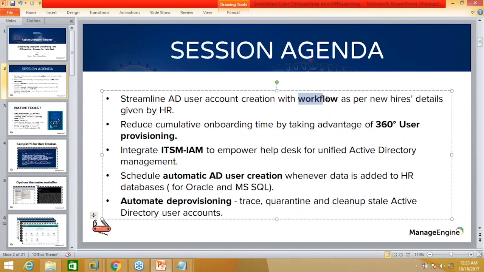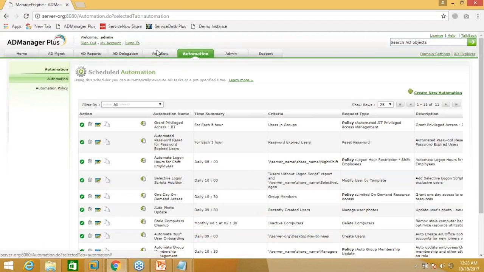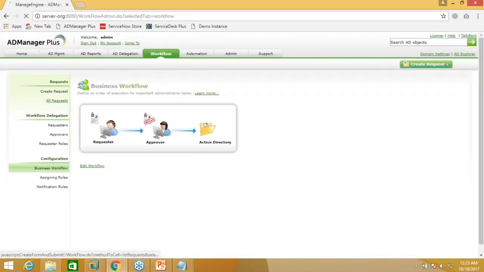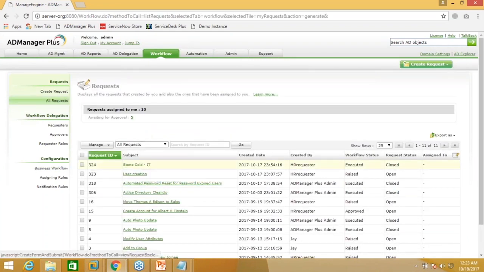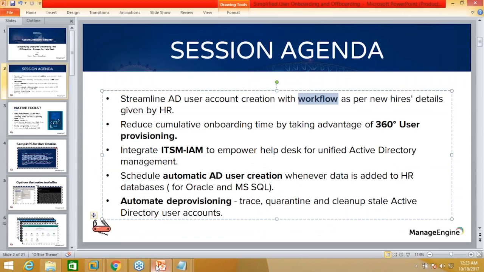We started off with the workflow module, where we saw how your HR has access to a simple console from where he can make a request for user provisioning. So we saw how that requests module looked, and how the administrator had to just approve or reject the request from the HR. All right, the next one was 360-degree user provisioning, where we saw how the application lets you provision users across platforms like Google Apps, Office 365, all of that with the user creation